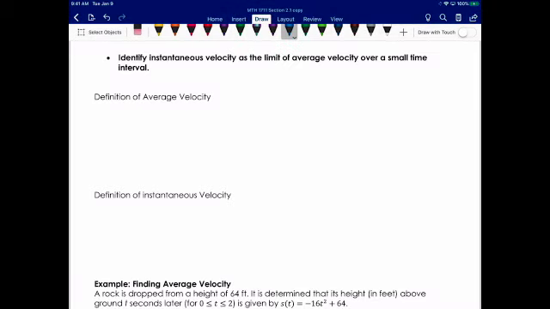Okay, so now we're going to continue exploring the differences between average rate of change and instantaneous rate of change at one specific point, and apply this to average velocity and instantaneous velocity. Your average velocity is just the velocity over a specific time interval. So if we think of s of t as your position function, and t is your time,